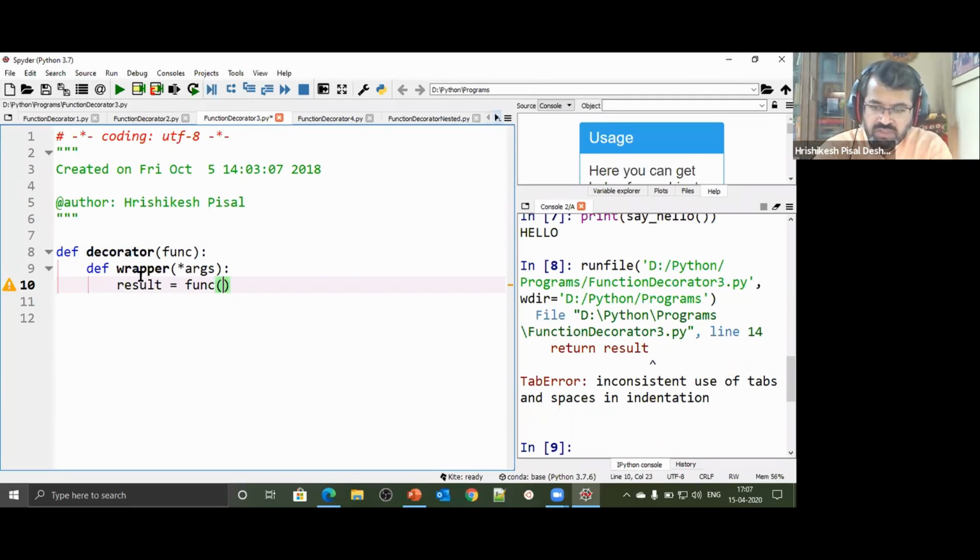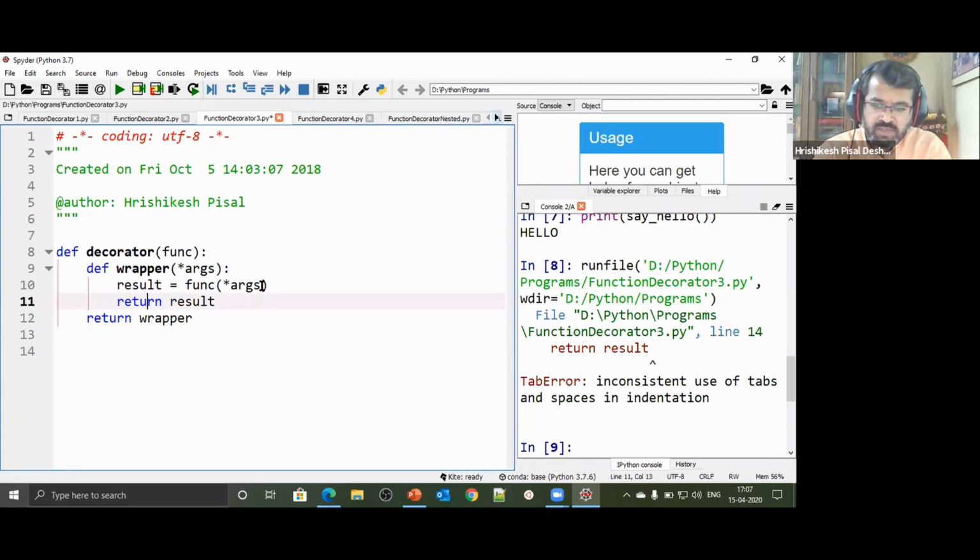In this particular function, I'm going to receive those arguments and pass those arguments. I'm going to say return result, and here it says return the wrapper.